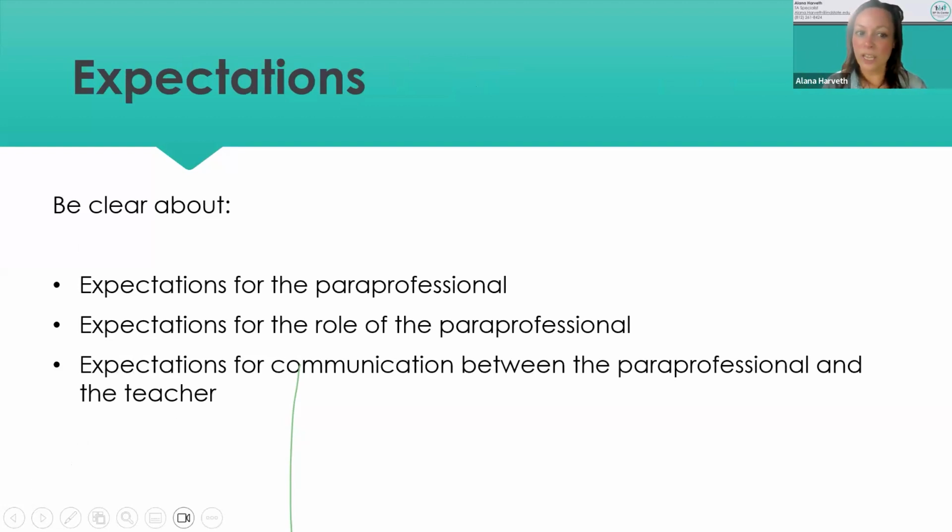Expectations, hopefully the teacher's clear for the paraprofessional, the roles, and expectations for communication between the para and the teacher. So all of those different ideas that we had, hopefully you guys have some ways that you communicate with your teacher. And if you don't, maybe you can say, oh, I bet a Google Doc would work really well, or maybe I should try this, or maybe next year, if you have another teacher. But I do think that thinking about what other people do, or thinking about what you do now, how could you do it differently? Or if it's working, you can keep using what you use. But there's just some different ideas for how to communicate with the teacher.